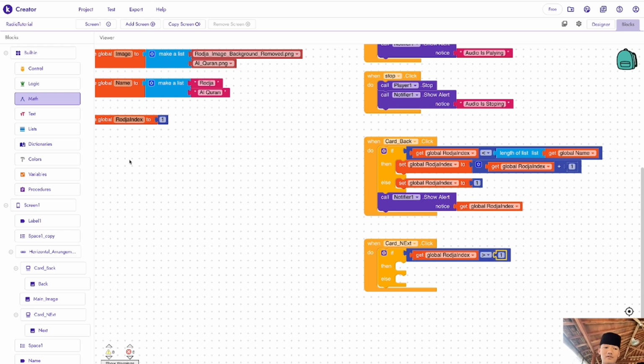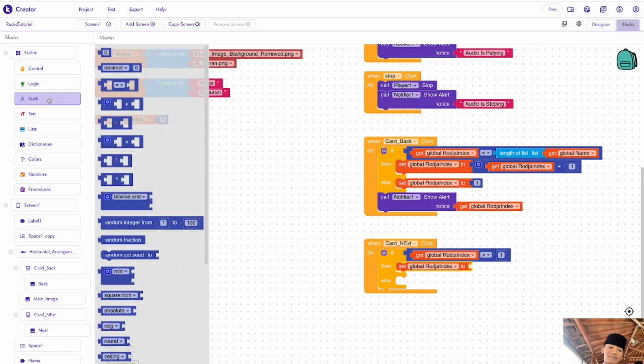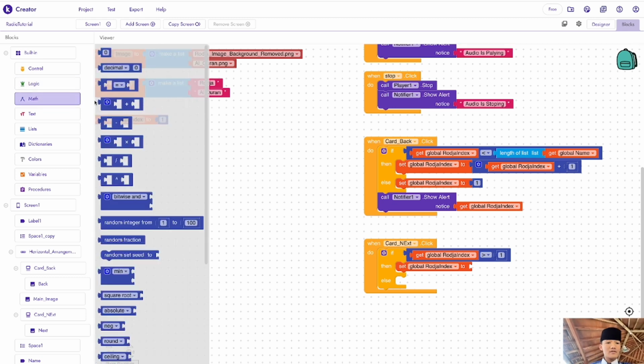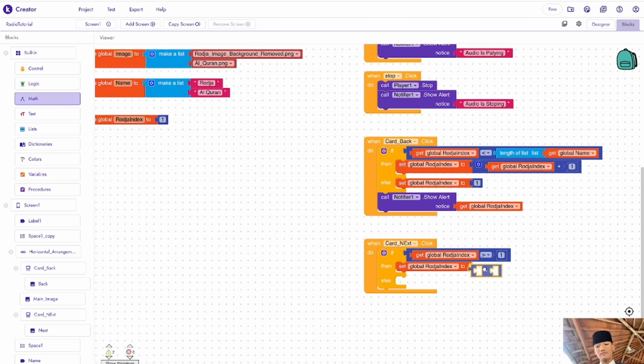So next we're going to put some set global roja index too here, and we're going to go to math again, drag this thing up and make, wait, sorry, it's not this one, so delete that. Go to math here and minus.